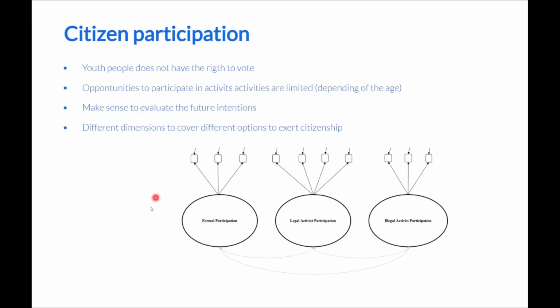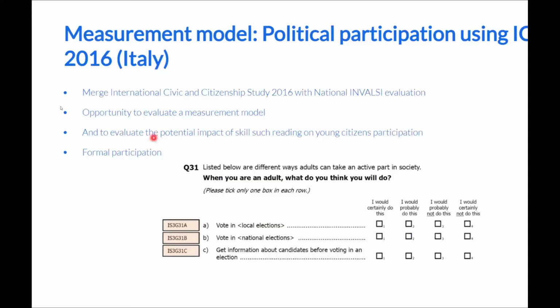3 dimensions of participation are observed, with 3 indicators for formal participation, 4 indicators for legal activities, and 3 indicators for illegal activities. And just an explanation of the data: it's the International Civic and Citizenship Study 2016, merged with the National INVALSI evaluation. This allowed two elements. For example, in the first step, the evaluation of the model that I showed right now. And in a second step, we can evaluate the relation between specific variables and its impact on